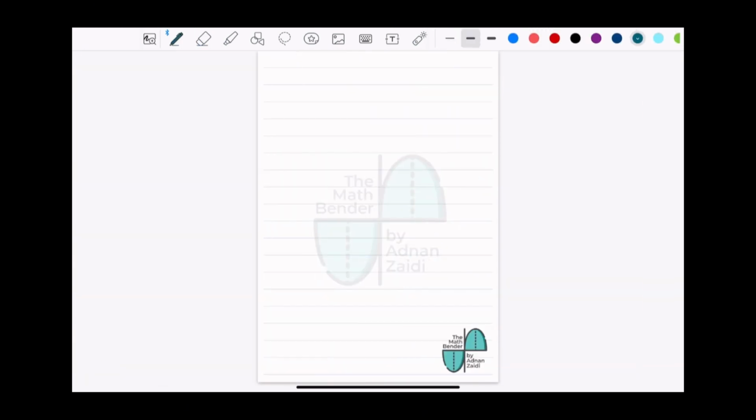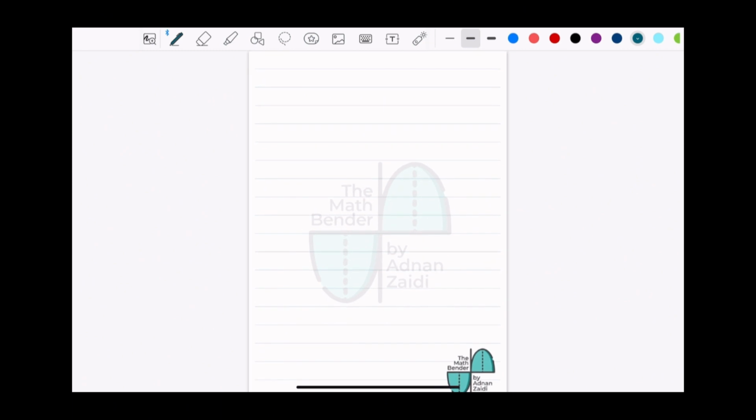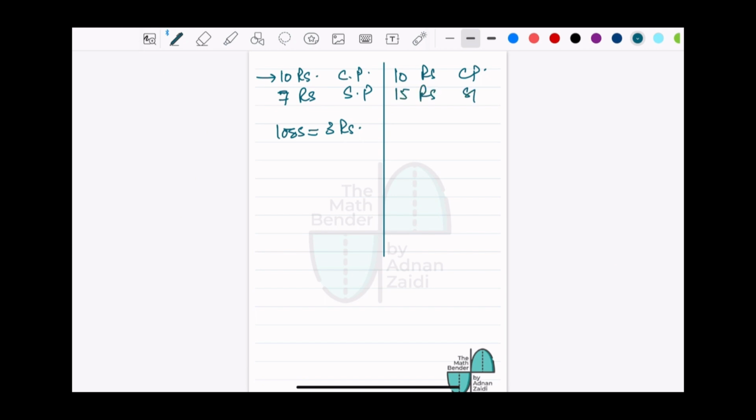Without writing down any formulas, let's say I buy something for 10 rupees. This is my cost price, and I sell it for 7 rupees. This is my selling price. So obviously there is a loss of 3 rupees. The same way, if I buy something for 10 rupees, that's my cost price, and I sell it for 15 rupees, that's my selling price, I am at a profit of